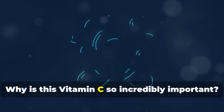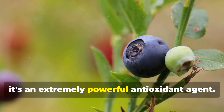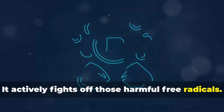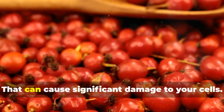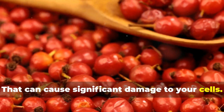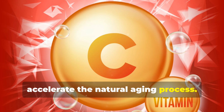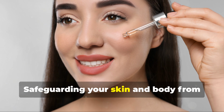Why is this vitamin C so incredibly important? Well, it's an extremely powerful antioxidant agent. It actively fights off those harmful free radicals. These are unstable, nasty little molecules that can cause significant damage to your cells and, unfortunately, accelerate the natural aging process. Vitamin C acts as your body's protective shield, safeguarding your skin and body from daily harm, helping you maintain